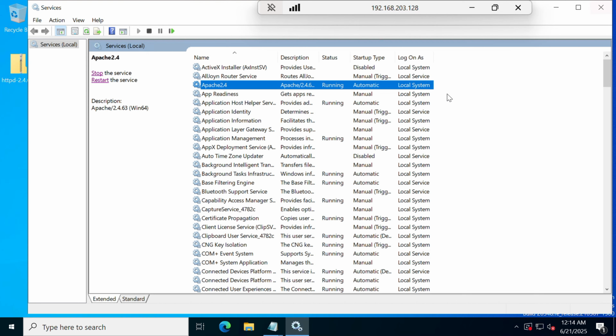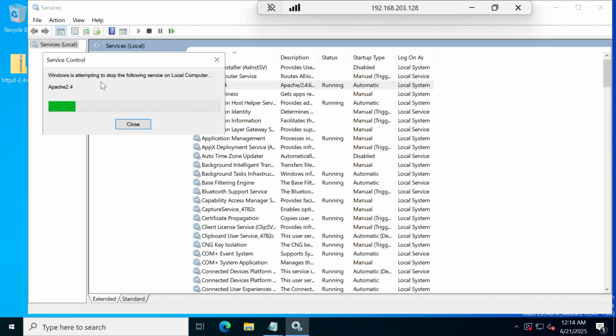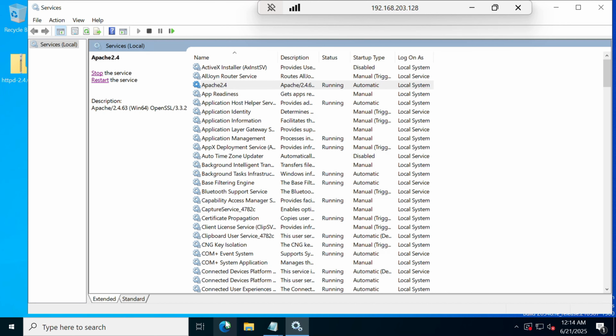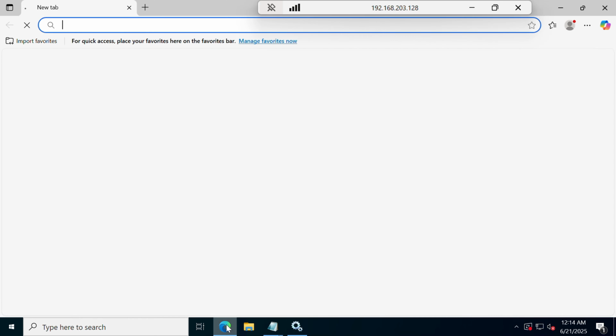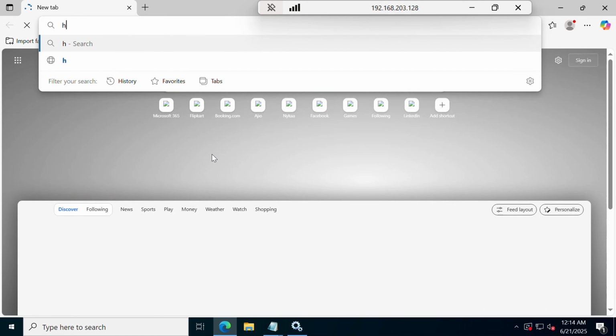So go back to the services. Why do we restart? As I said in the last video, we need to restart whenever we make changes in the files. So just restart the server. After restarting the Apache server, navigate to the browser again and in the URL again type